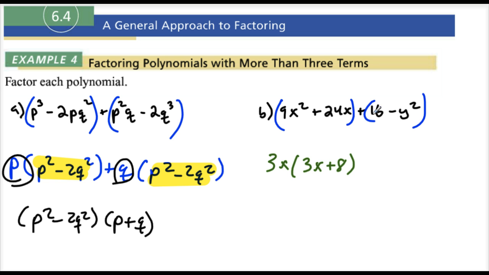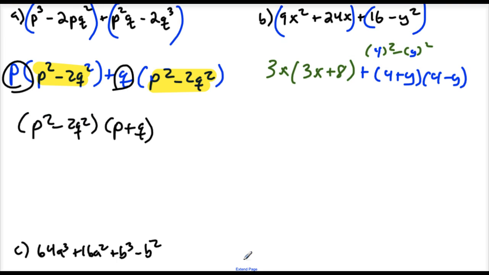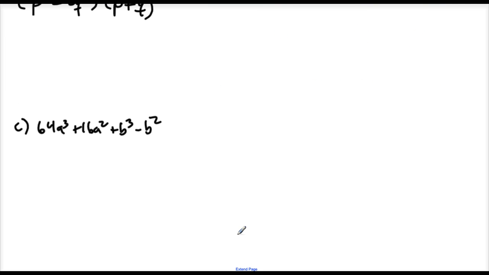factor this. Now you could do difference of squares, meaning 16y squared is what squared minus what squared. So that would be our 4 and then our y, but that's not going to help us though. I mean, we'll get 4 plus y and 4 minus y. But yeah, this one is not factorable. This one would be prime right here. Okay. And lastly, for part C, again we're going to try factoring this one, and